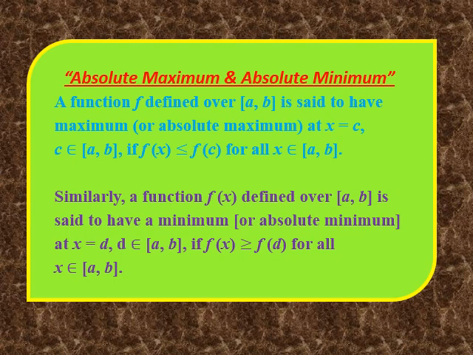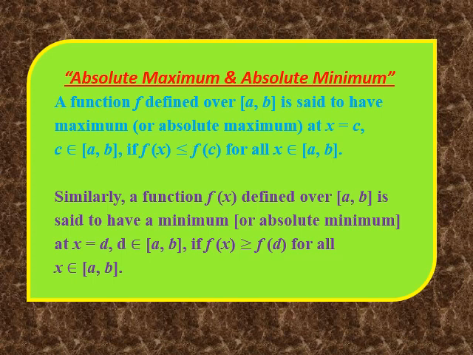So till now we have learned about finding maximum or minimum value in the open interval. What if the interval is closed? In that case we have the new terms called absolute maximum and absolute minimum. So suppose we have a function f of x, so we can find its derivative f dash x, in the closed interval AB. Clear? So if f dash x equals 0, from there we can find the value of x. Let that value be x equals C. Clear? So we have the function in the closed interval AB and we have a point x equals C in that particular interval.